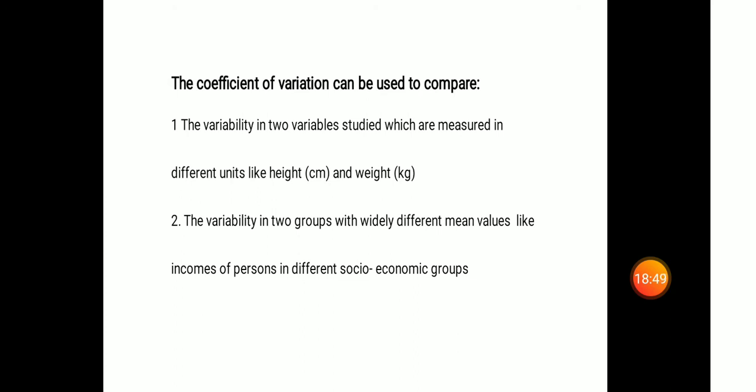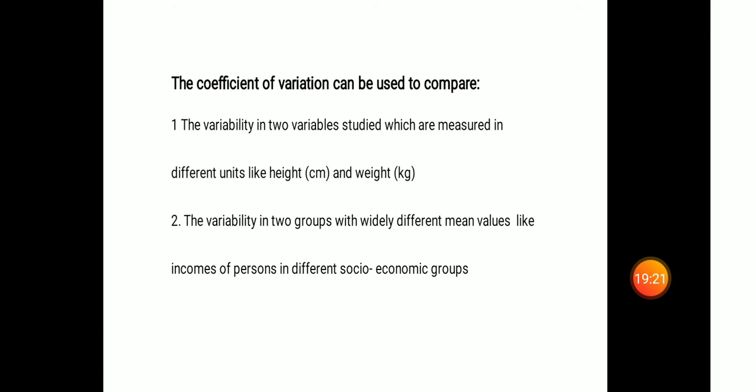When we see the data, we can see which variable is varying more, height or weight. Do you understand this coefficient of variation? That means how much the data is varying. When we see the height and weight, you can see which variable is varying more. We are measuring height in meters, but weight in kilograms. And when we go through this data, the weight is varying more than height, or height is more consistent than weight.